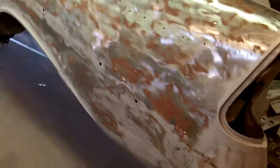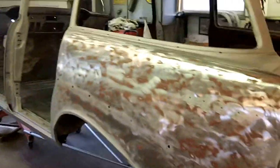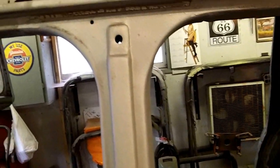Like I said, anytime you have a project car, they're never as clean as you think they are. I knew I had one issue on the roof. I didn't know it was going to be this whole side. But I can get to it from the inside, so I'll probably lay a patch up on the inside in here. You can kind of see that. There's my fingers there, kind of. I'm not sure what I'm going to do there yet, but